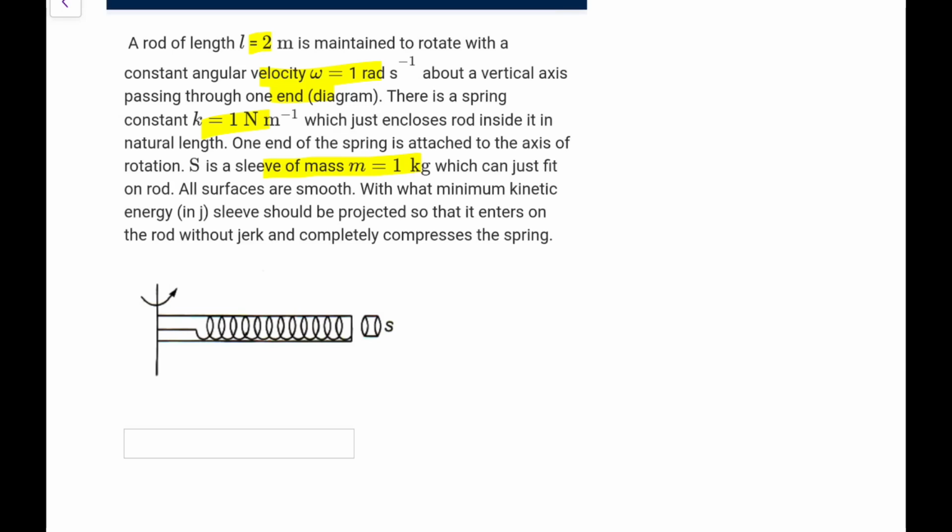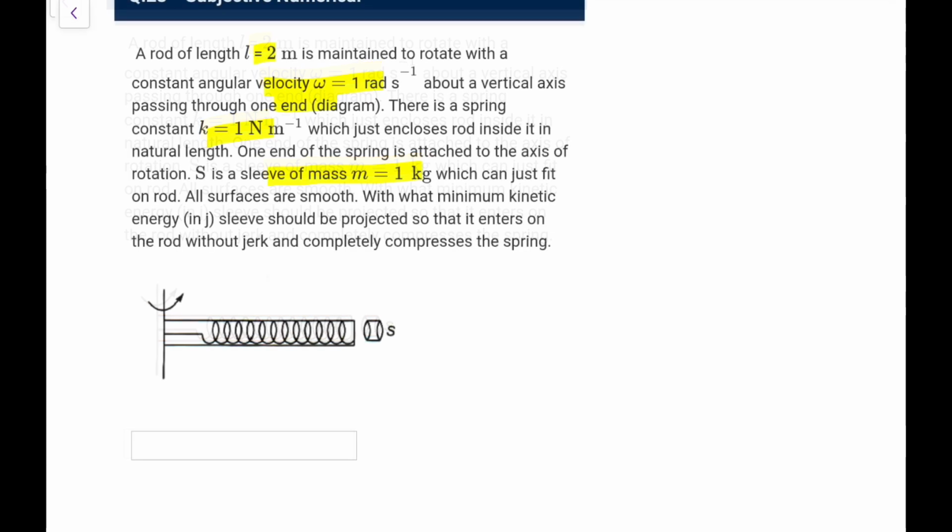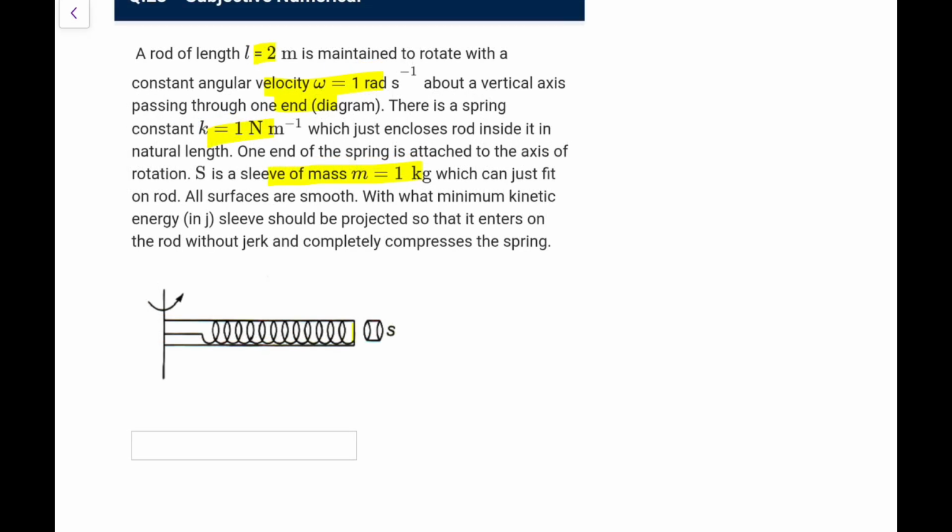Okay, so let me check what is given. Rotated about a vertical axis through one end, there is a spring which just encloses the rod inside it in natural length. One end of the spring is attached to the axis. S is a sleeve which can just fit on the rod. All surfaces are smooth. With what minimum kinetic energy should it be projected so that it enters the rod without jerk and completely compresses the spring? So it means it is coming obliquely. It will have a velocity with two components, one v parallel and one v perpendicular. For no jerking, this v perpendicular must be equal to omega L. Omega is 1, L is 2,